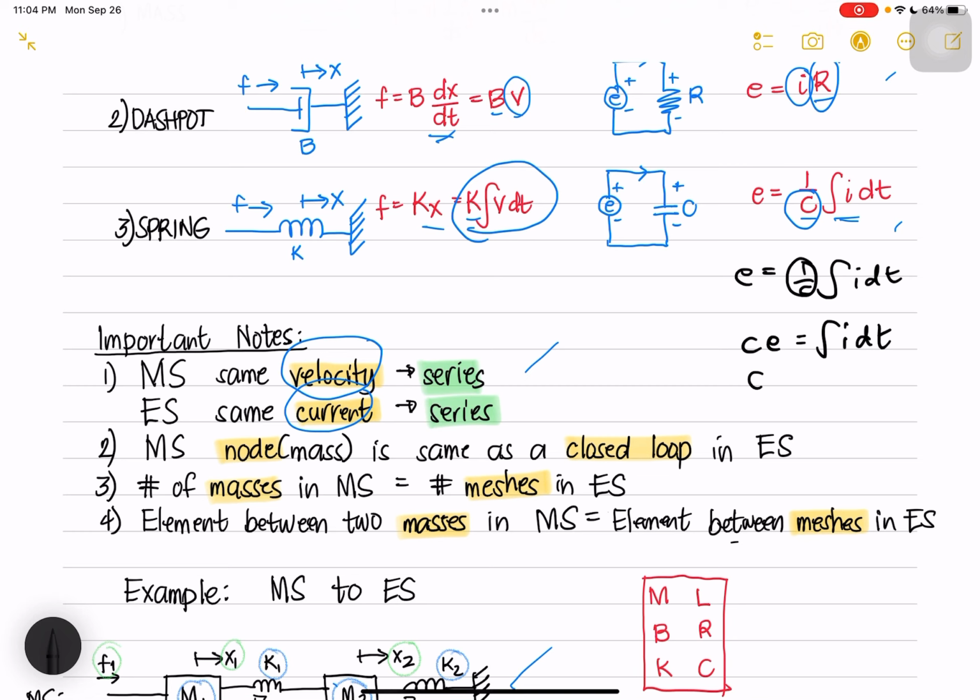Then, what we want to bring out here is I. What is the equivalent of I? I is equal to the change in voltage. That is the formula of the current I. V is equal to I times Z, where Z is 1 over C. So, C dV